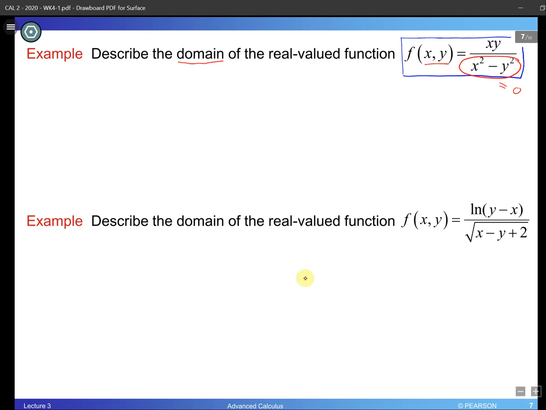So this is about any x and y such that, as long as